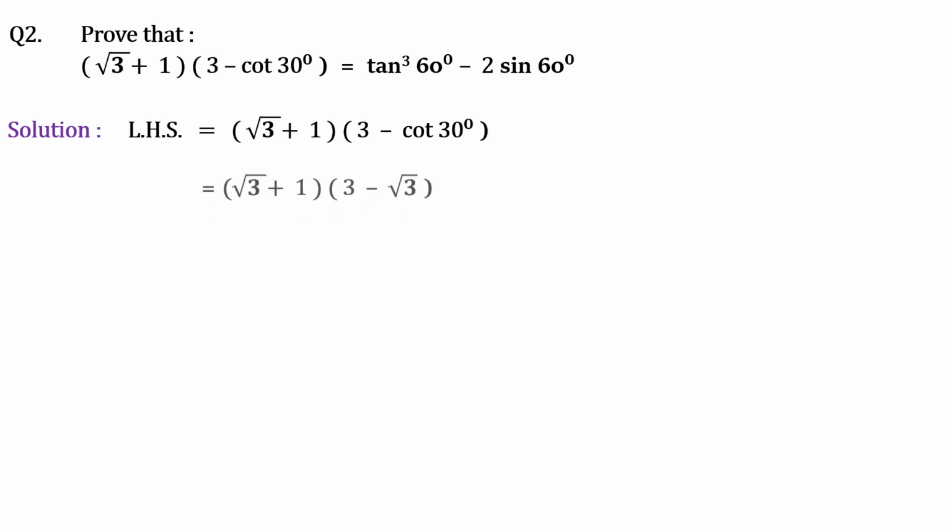So here we substitute the value. In the second step, all other parts stay as they are, the two brackets and every term as it is, but instead of cot 30 we have substituted the value, because cot 30 is a standard angle and we know its value. So we have substituted. Now trigonometry is over.